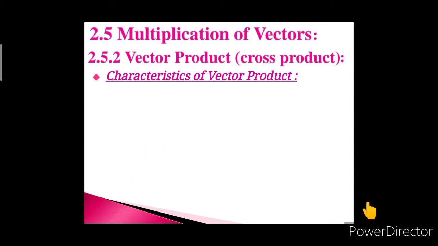Now, the next characteristic of the vector product is given when we consider its special cases for different values of theta. The magnitude of vector P cross vector Q is given as PQ sin theta. Give it equation number 5. The modulus sign represents the magnitude of the vector product there.